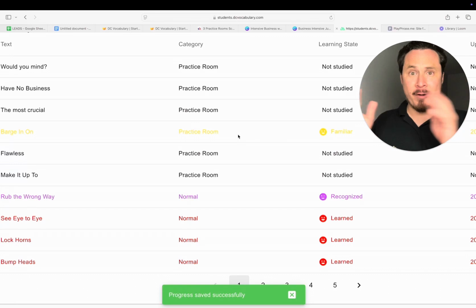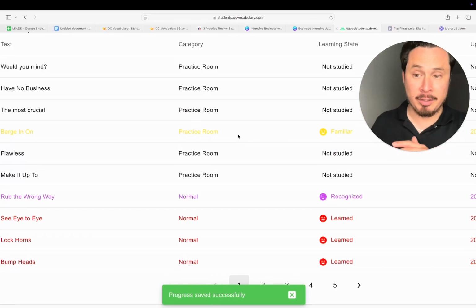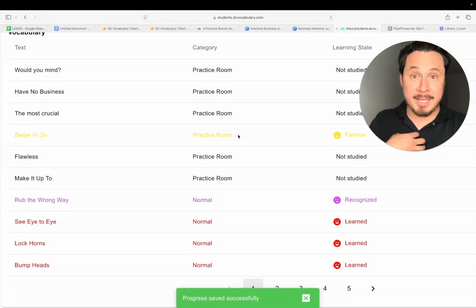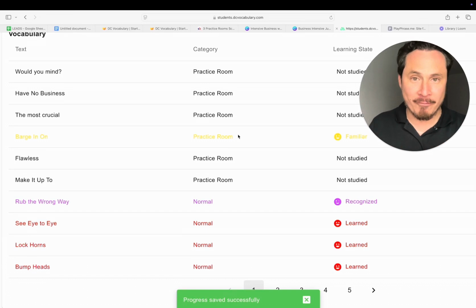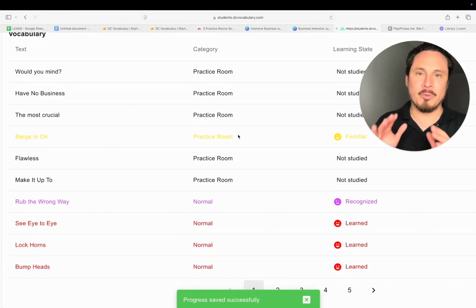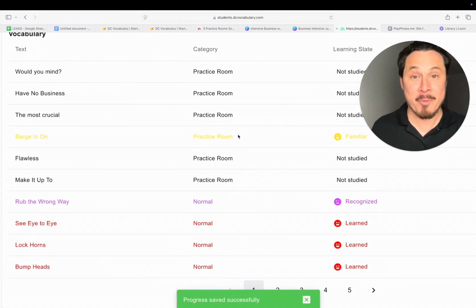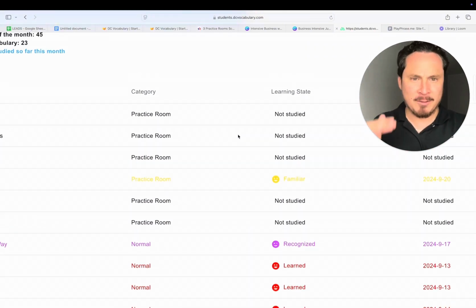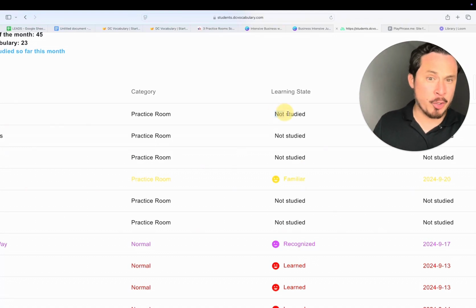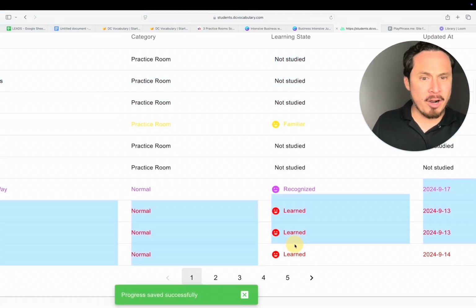So all of the phrases, all of the idioms that they learn, they memorize them because we place them on this platform. The students don't have to worry about, oh, did I write my notes? Oh, no, we do it for them. They just study and have fun and they learn and memorize idioms.